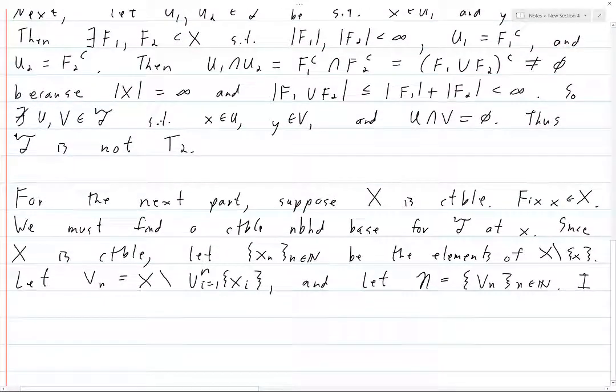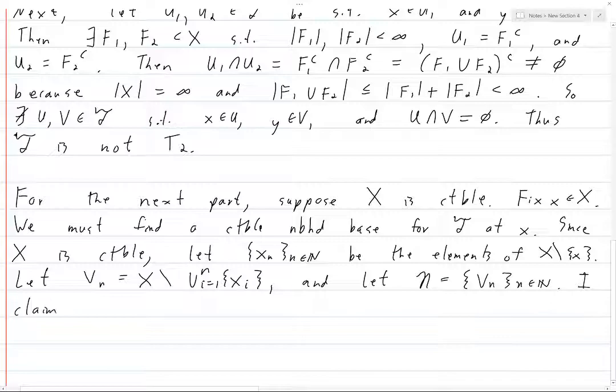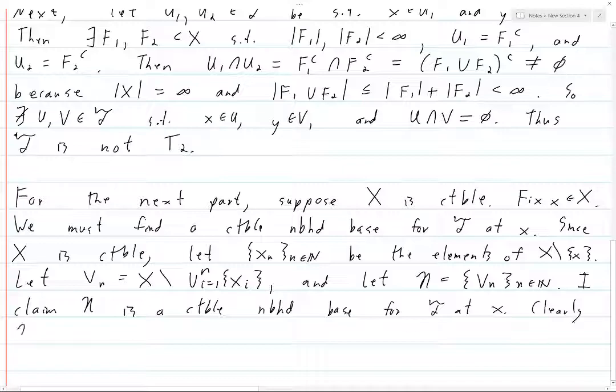I claim, as I alluded to before, that N is a countable neighborhood base for tau at x. Clearly, N is countable because we defined it as {Vn : n a natural number}, which is a countable set. So N is countable, and